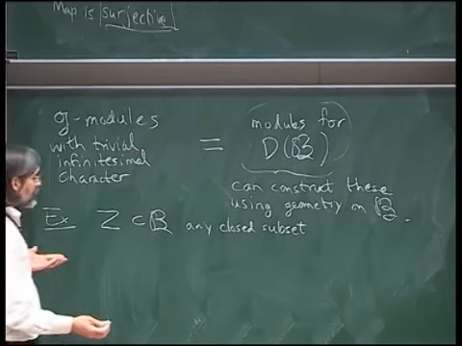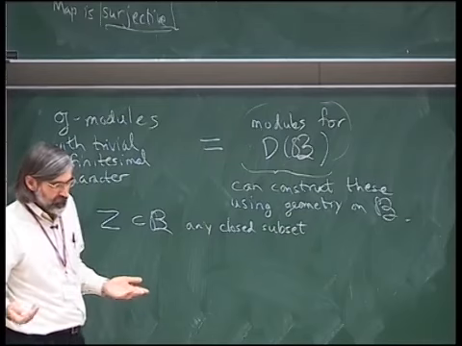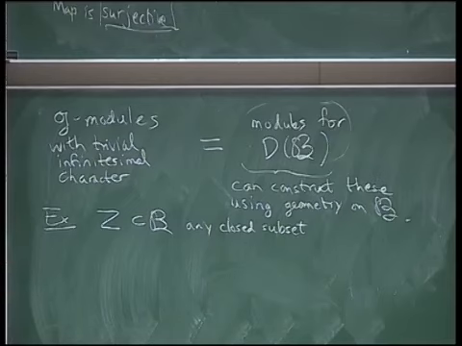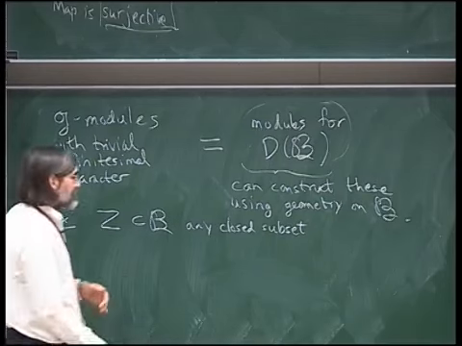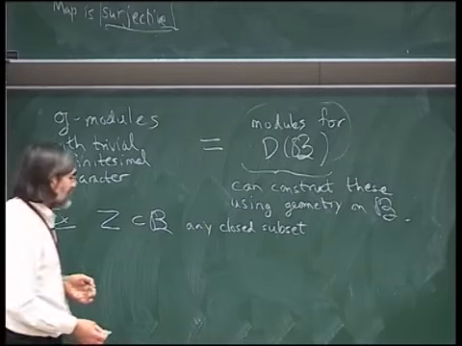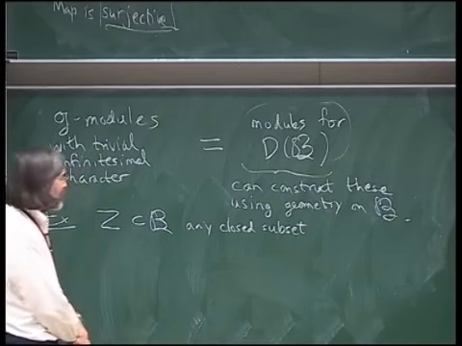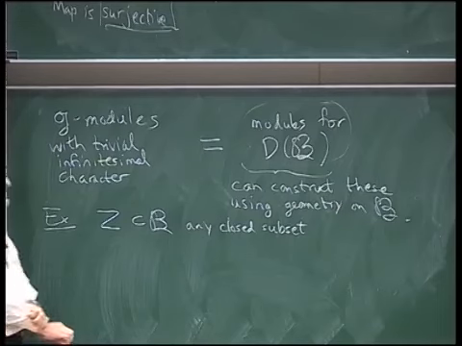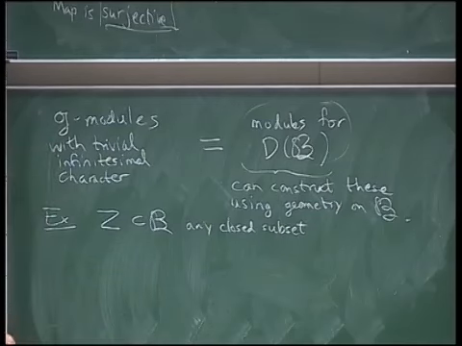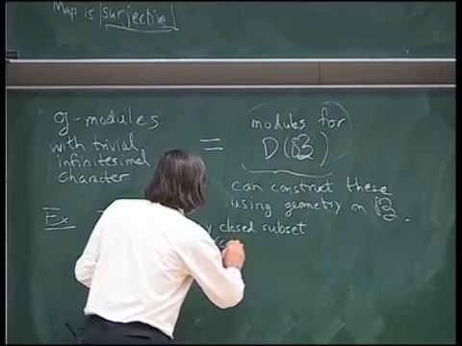So closed can be just in the classical calculus topology. I mean, this doesn't mean Zariski closed. This could be the equator in CP1, or